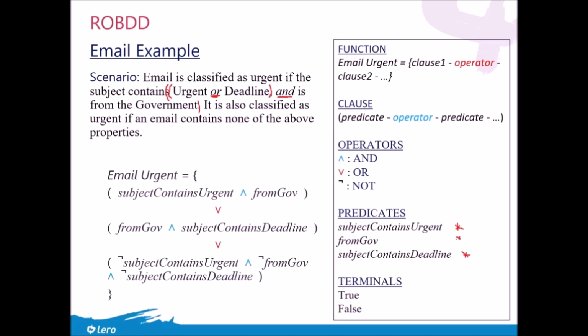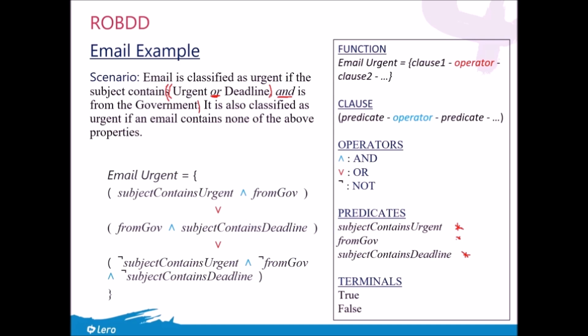Also classified as urgent if an email contains none of the above properties. So this again would be our not operator. So it's not subject contains urgent, and not from government, and not subject contains deadline. Finally, our terminals are true and false. So let's look at our function. Email urgent, which is our function name, equals opening bracket, and then we have our closing brackets down here, so it's everything in between these two brackets. Subject contains urgent and from government, or from government